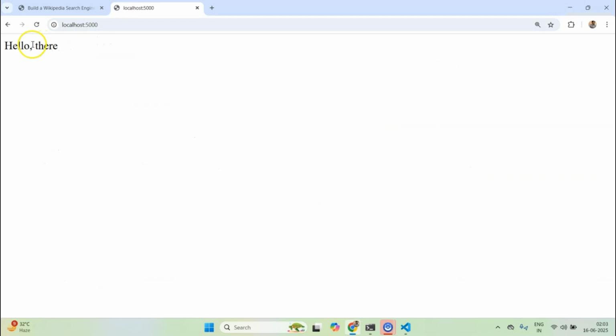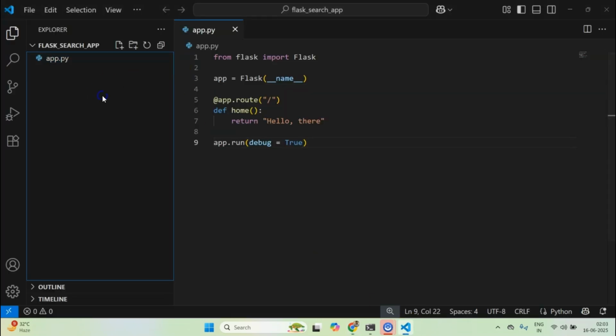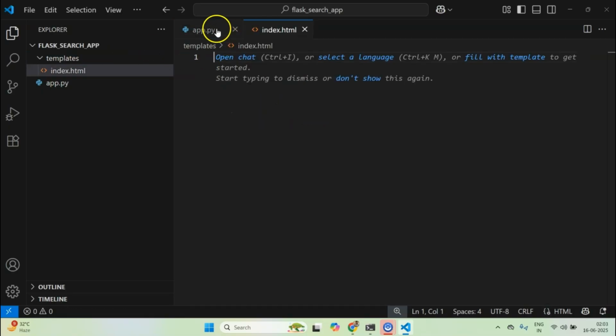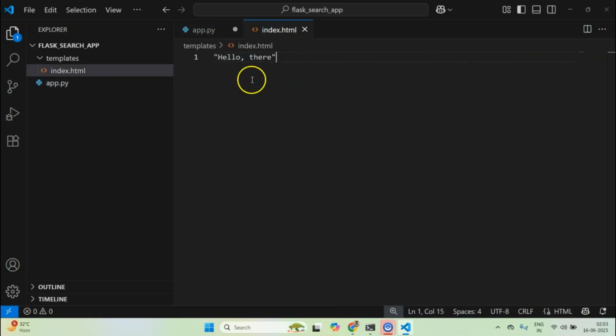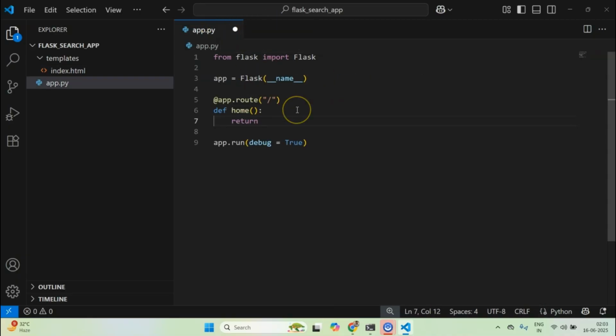Now if I load the app by going to the localhost, we can clearly see hello there. Other than this, we can create a templates folder, and inside here I can create index.html, and if I move this hello there here, then I can call render_template with index.html.